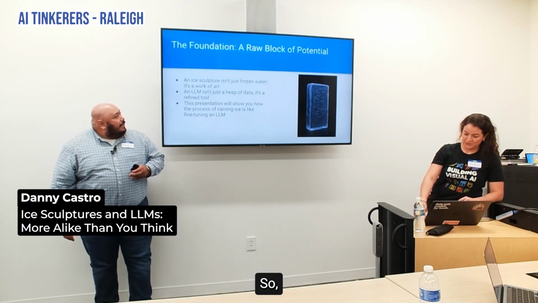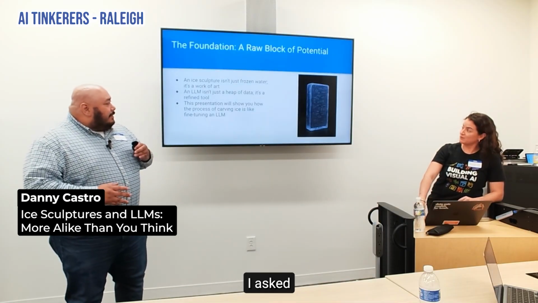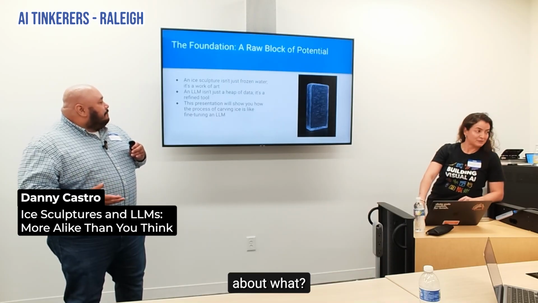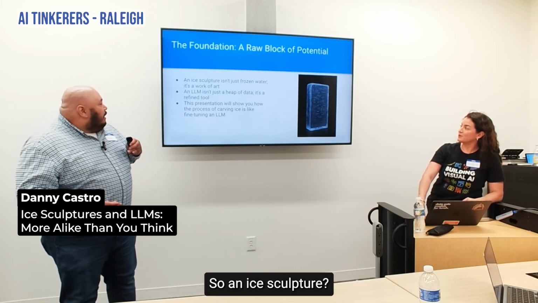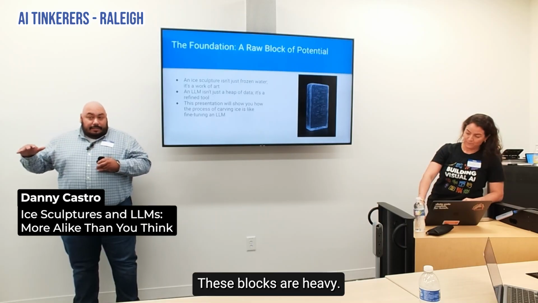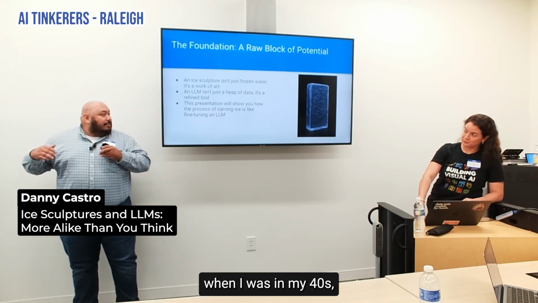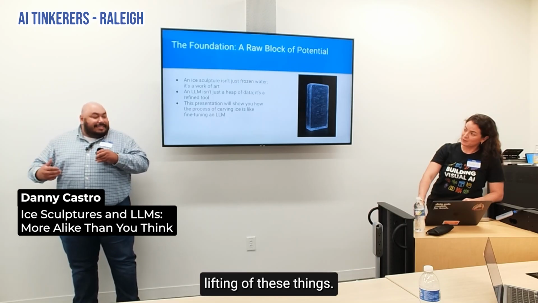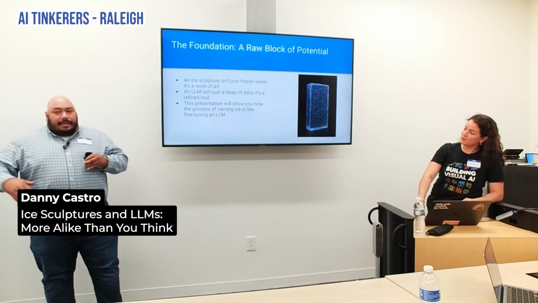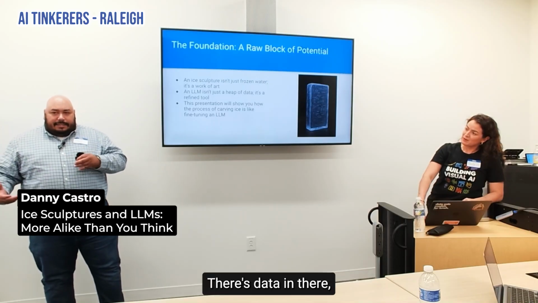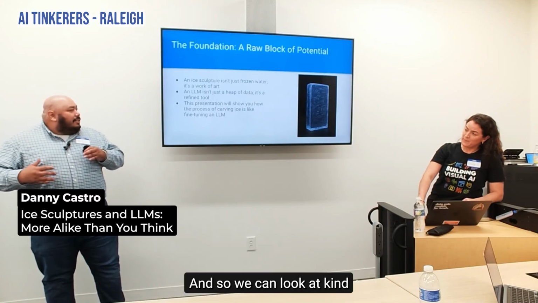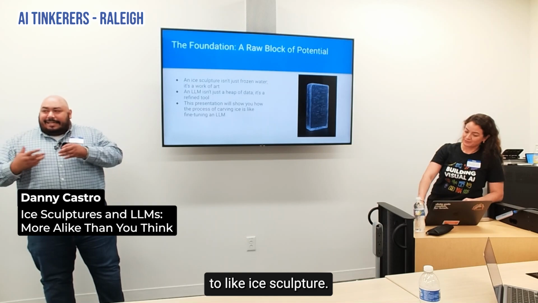I asked, I'm trying to remember if it was Perplexity or ChatGPT, what would the ice block be? An ice sculpture, bottom line, is just a bunch of water, right? These blocks are heavy. I think that's why, when I was in my 40s, I eventually tore my bicep tendon from all the lifting of these things in my 20s. But if we compare it to an LLM, an ice sculpture is just a bunch of water. What's an LLM? There's data in there, but in its raw form, it's just data, right? So we're going to look at how that compares ice sculptures to what we're doing